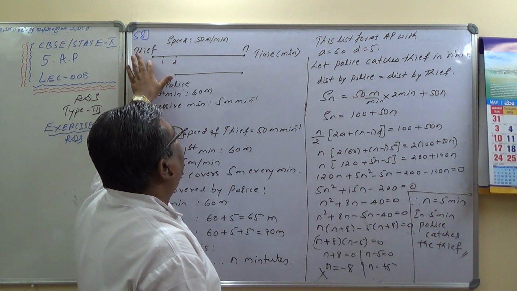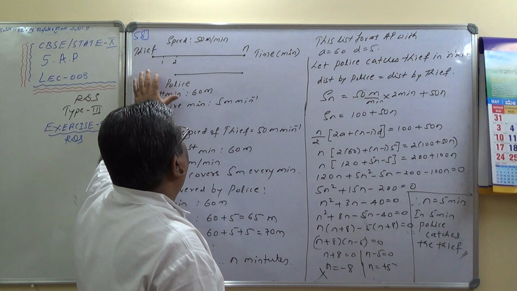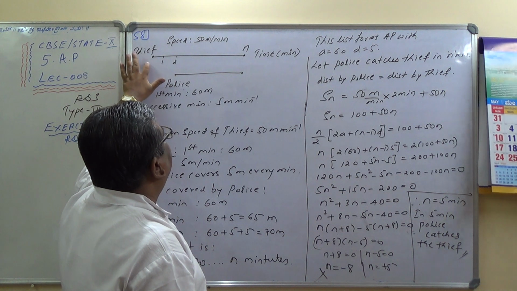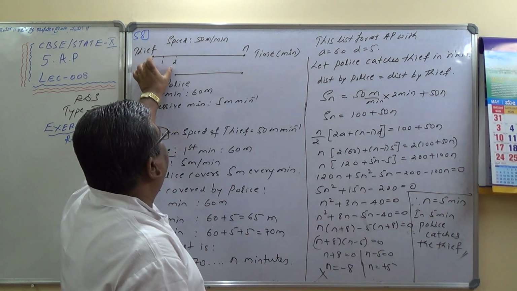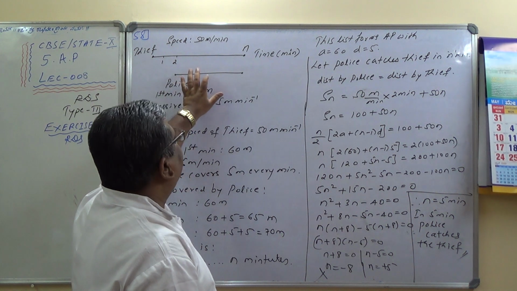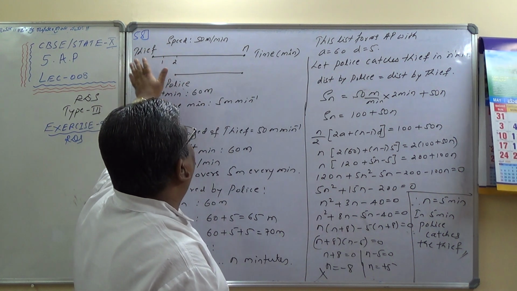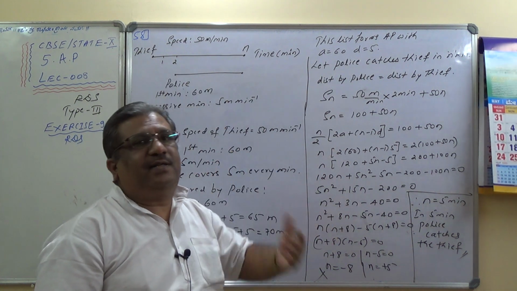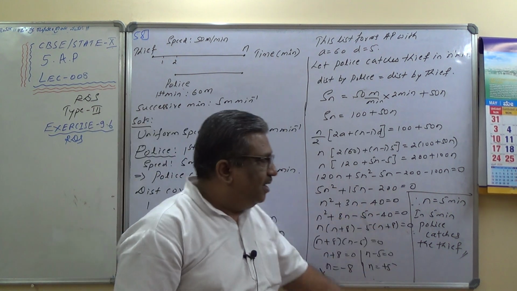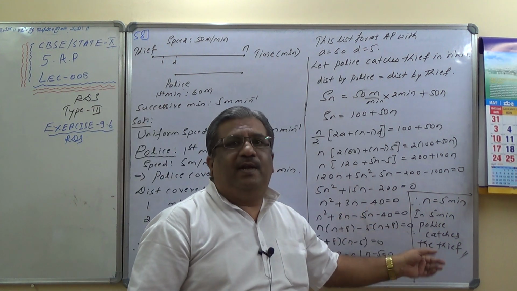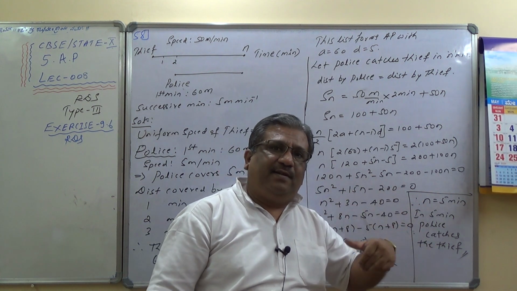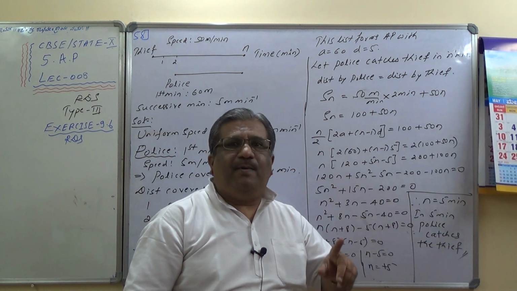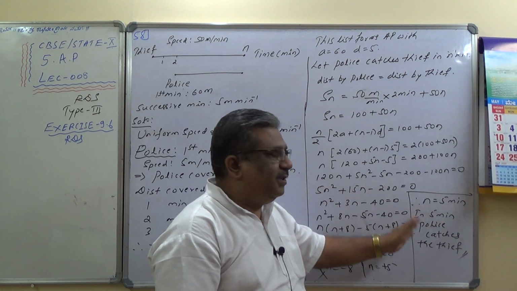From that time, in how many minutes does the police catch him? From the beginning of the running of the thief, that is 7 minutes, because 2 minutes is over here and this is 5 minutes over here. 5 minutes plus 2, in 7 minutes police should be able to catch the thief from the moment the thief starts running. You can write something like this: the police catches the thief in 5 minutes from the time the police starts running, or the police catches the thief in 7 minutes from the time when the thief starts running. So both ways you can write the answer.